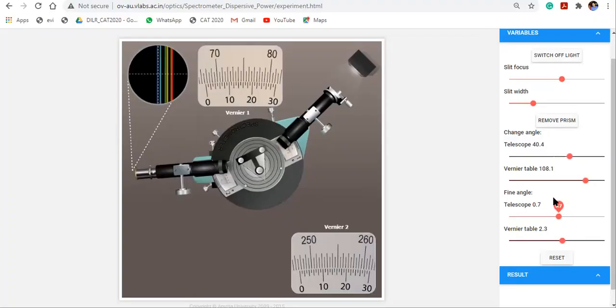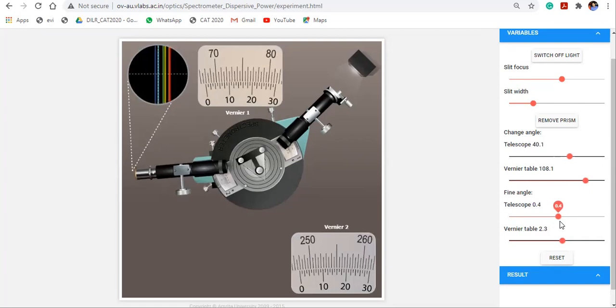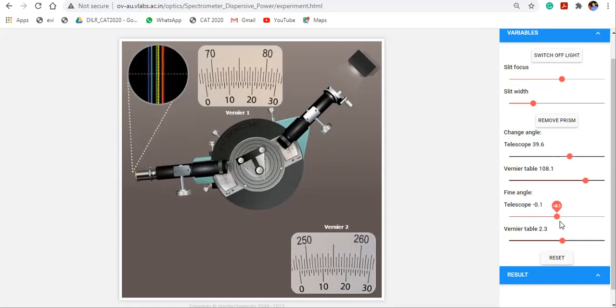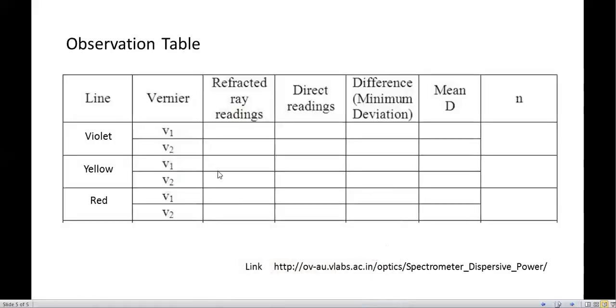Next step is to place the crosswire on the yellow color. Then note and write in yellow V1 and V2.